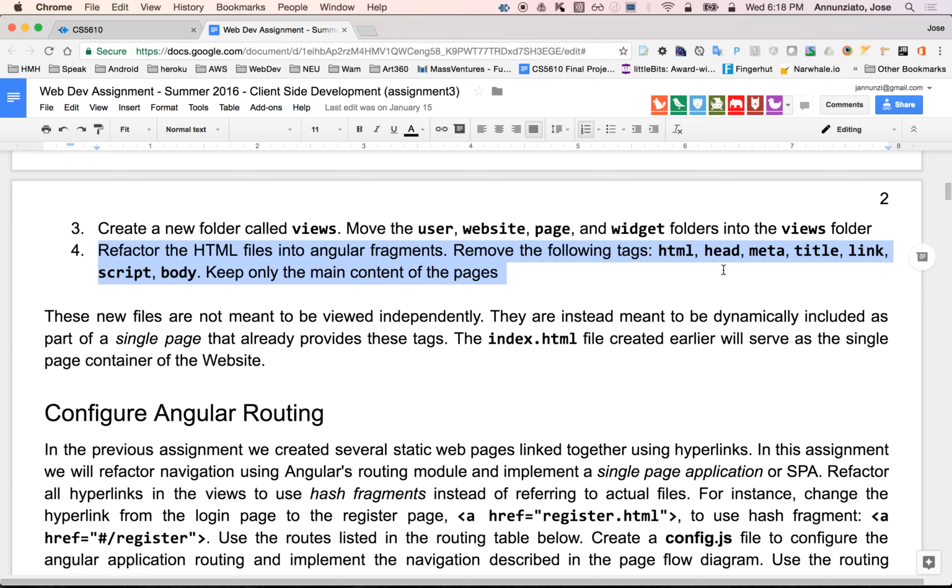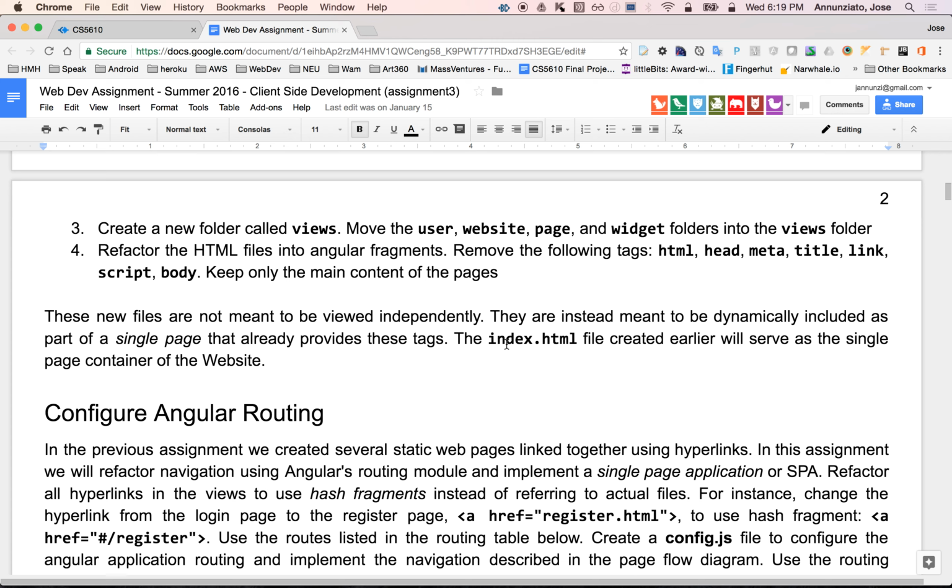Probably most of these are going to be the same. It's going to be the same meta tags, the same links, the same scripts. So if you grab any one of these that is well representative of all the other HTML files, you can copy all these tags from any one of them and just move them into the index page. The index page is going to be the single page that gets loaded, that loads all the other scripts, all the other libraries,